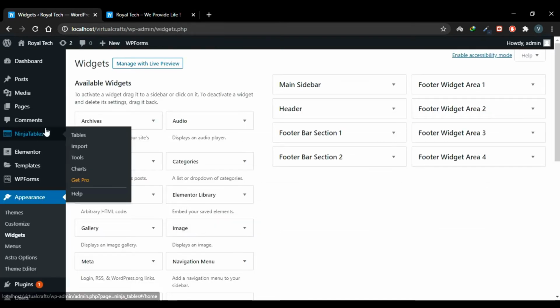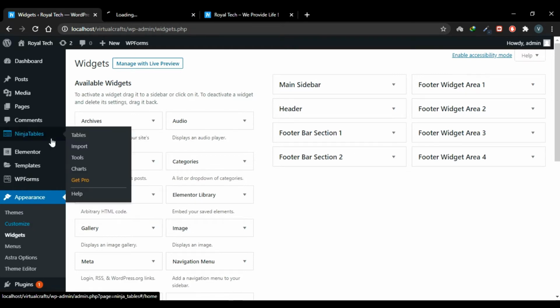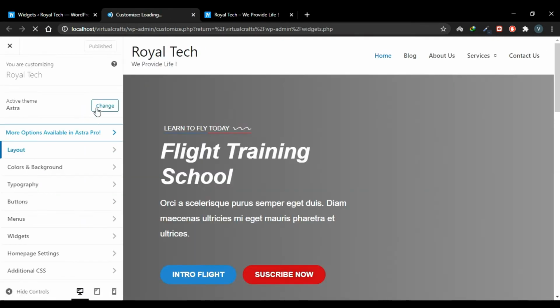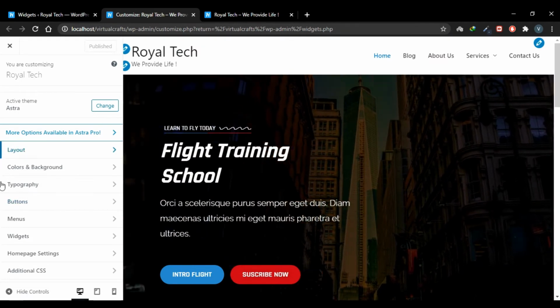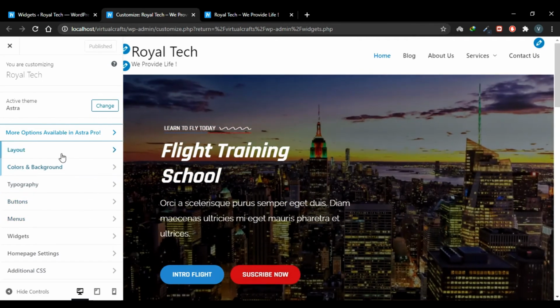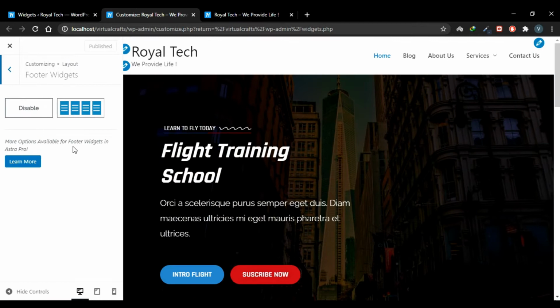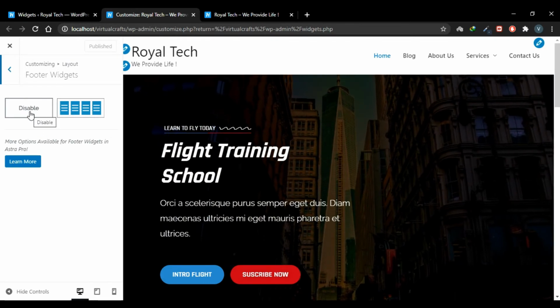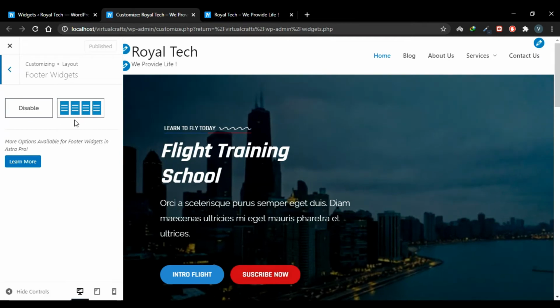Go to your dashboard and click Customize in the Appearance tab. Now you'll have your own settings according to the theme you're using. So search where your footer widget setting is located. For me it is in Layout, Footer and Footer Widgets. Currently it is disabled. Now this theme is eligible to have 4 widget areas. Click on this option